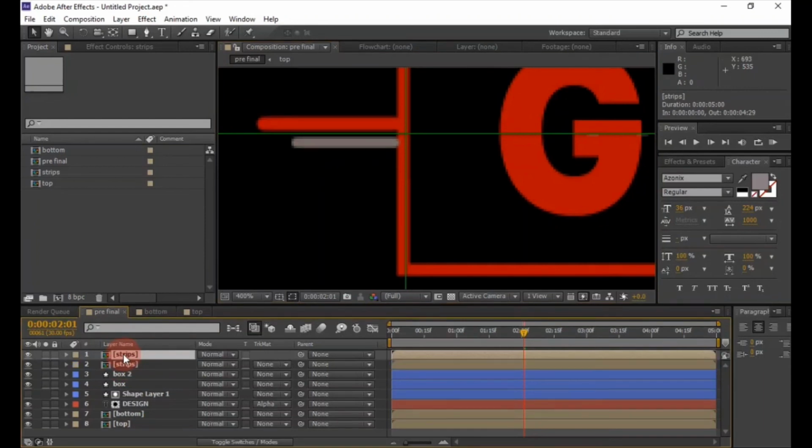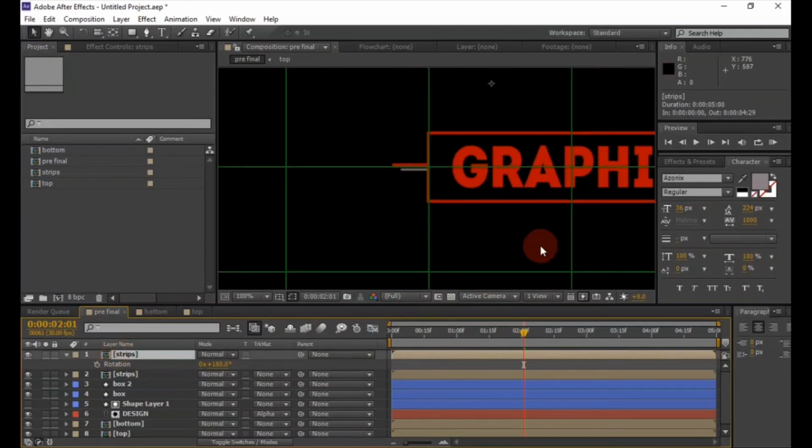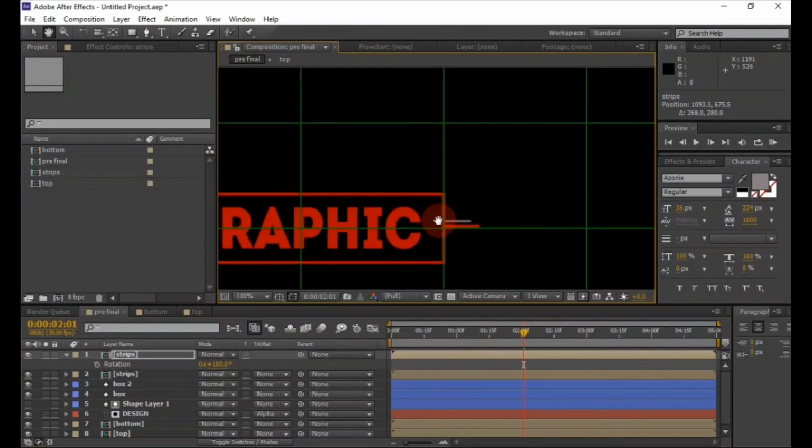Now make a duplicate of it. Press R to open rotations and change the rotation value to 180. Now place the strip at this position.